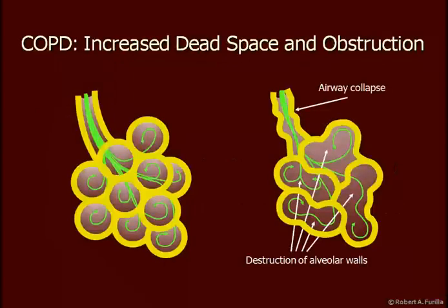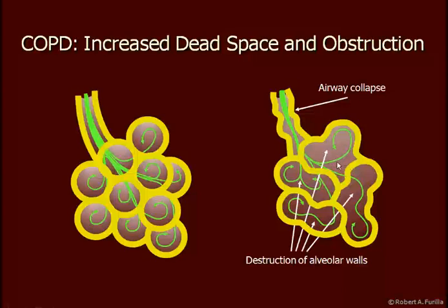One possible reason for increased physiological dead space is emphysema, for example. Emphysema not only causes airway resistance and airway collapse, but because the alveolar walls are being destroyed, we end up with effectively larger alveoli, in this case here, over here. And as a sphere increases in size, the surface area to volume ratio decreases. So the volume is increasing faster than the surface area when we increase any sphere size, even if it's irregularly